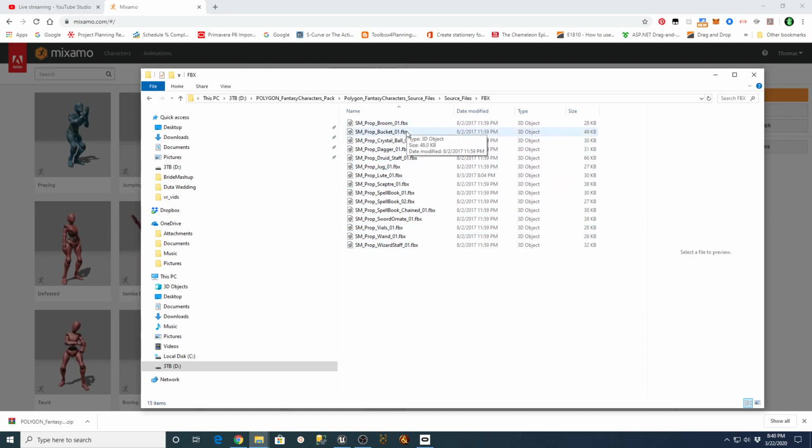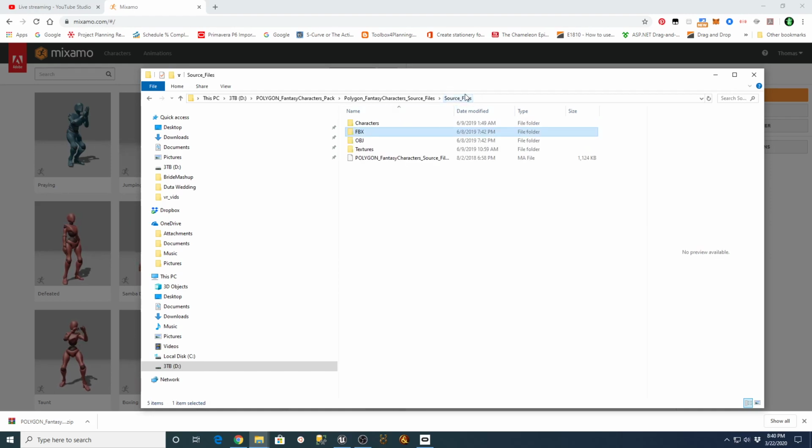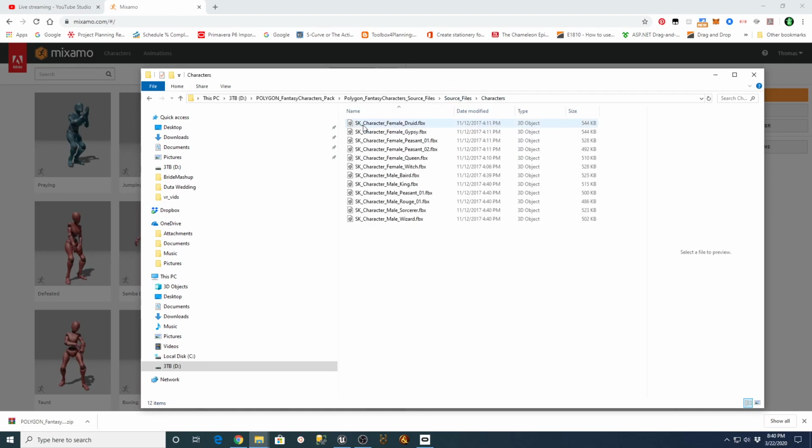And let's see what you have. Broom, bucket, wizard staff. One of these should just be the character though. That's interesting. Oh, characters. So here's your king, male king FBX.